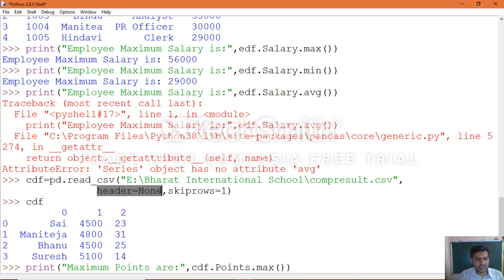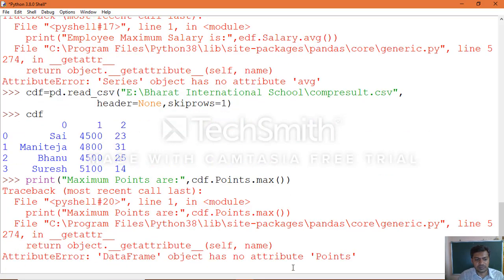None means 0, 1, 2, but the points column label is one label name, and we are trying to use points as the column name label from which we want to extract the maximum value. Let's see the error we will get. An attribute error: points doesn't exist within that.